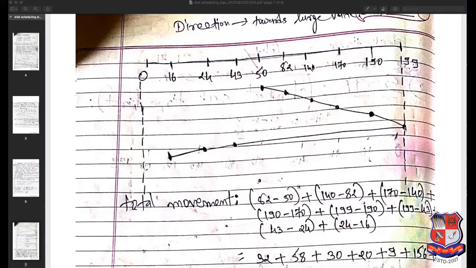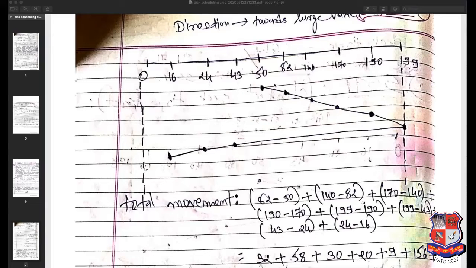So I move in the reverse direction and reach 40, the value 43. Next is 43, then the next value is 24 and the next value is 16. So 16 is the last request track. Okay, so 16 is the last request track. As per the SCAN algorithm, my traversal is